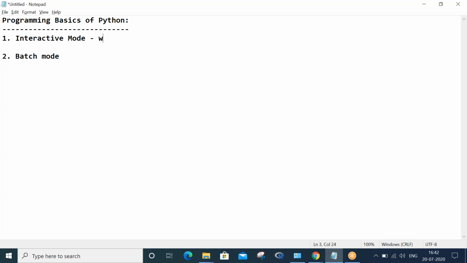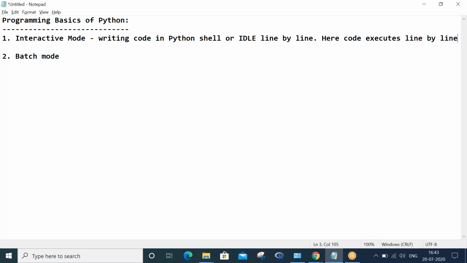Interactive mode means writing code in Python shell or IDLE, line by line. Here code executes line by line by the interpreter.